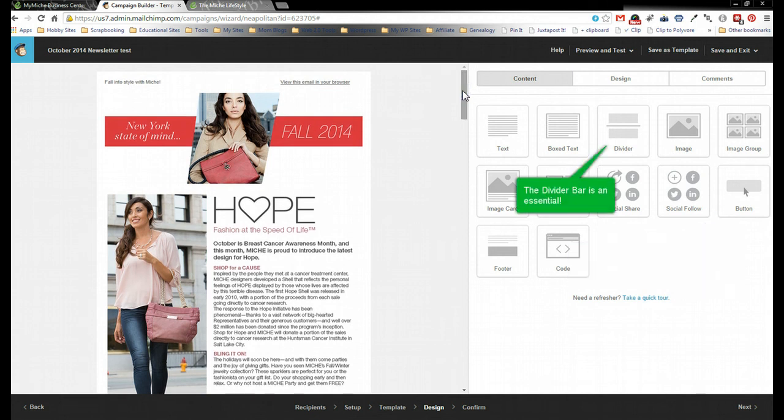It just has a little bit more of a learning curve, and as you can see, it's really not that much more to do. You just have to give it a chance and play around with it, but it really is so much more powerful, and you can really do so much more with it. So now our newsletter is done, and we're going to send it out. So we're going to click next,